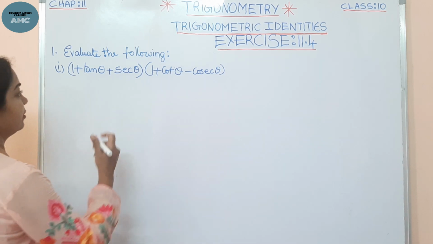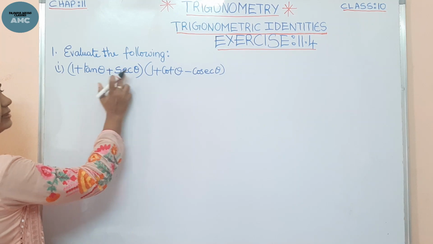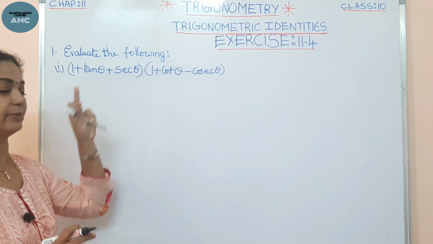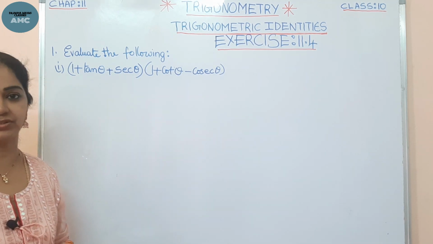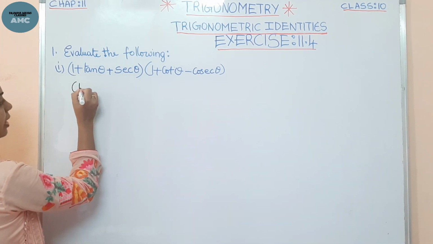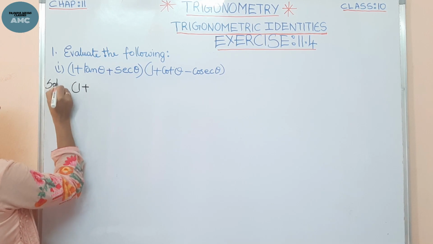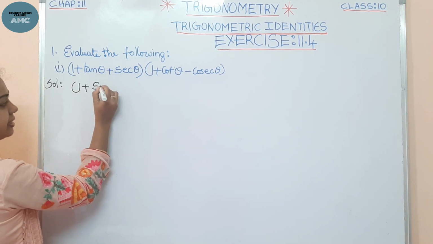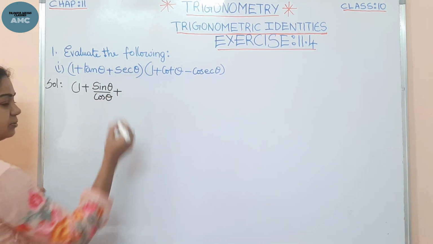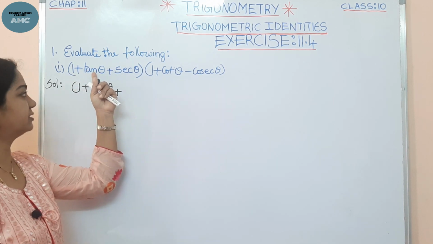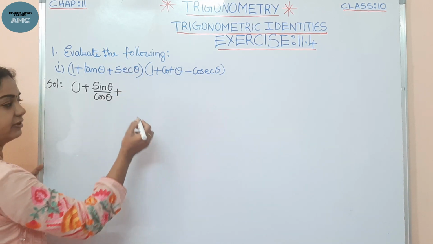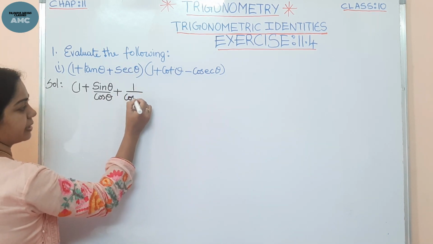Okay, simplify it. Now what I'll do here, see here, tan, secant, cot, cosecant. We will shift all the 4 trigonometric ratios into sine and cosine functions, so that it will be identical. Right. Now let's start here. This is the solution. 1 plus tan. Tan can be written as sine theta by cos theta. Isn't it? Now secant is a multiplicative inverse of cos. So 1 by cos theta.